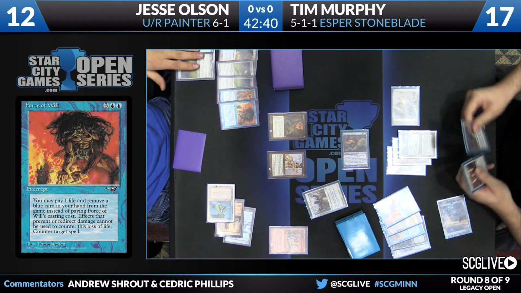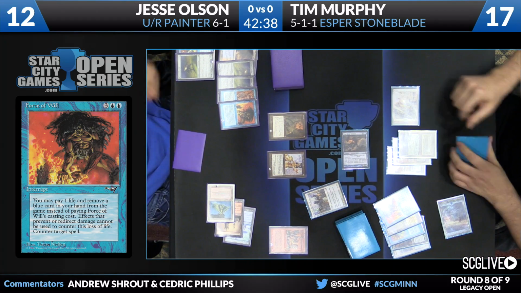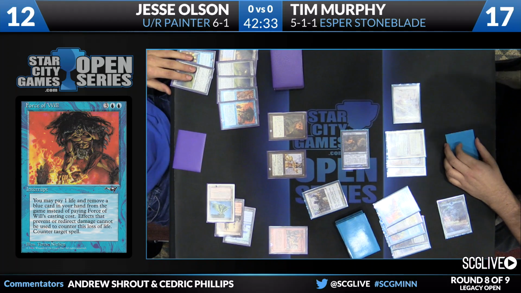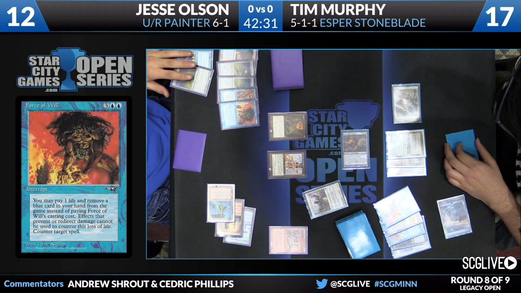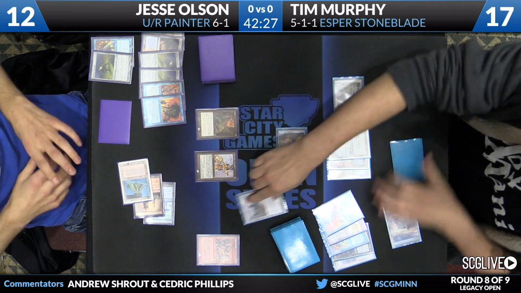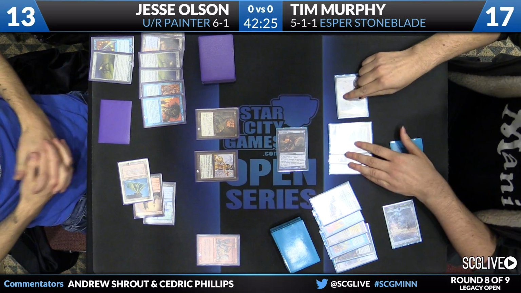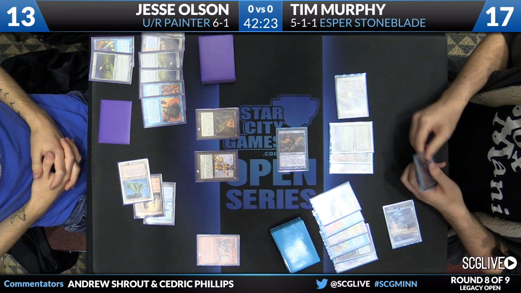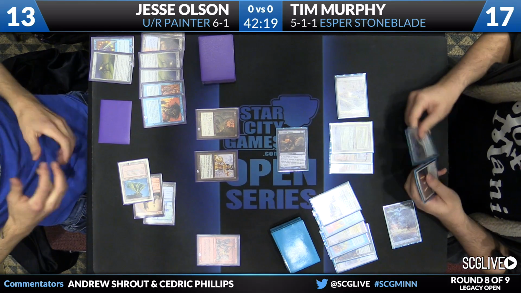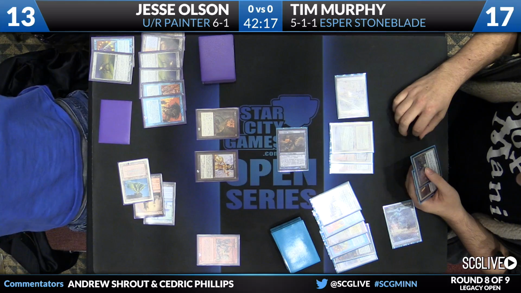So he's actually doing just fine, even though he lost this Painter Servant. Yeah, and Jesse can actually activate the Grindstone and then weld the Grindstone out of play. Yeah, that's a cute interaction. We'll see if it comes up here or not. All you need is the activation on the stack. You don't actually need the Grindstone itself. It helps, but...